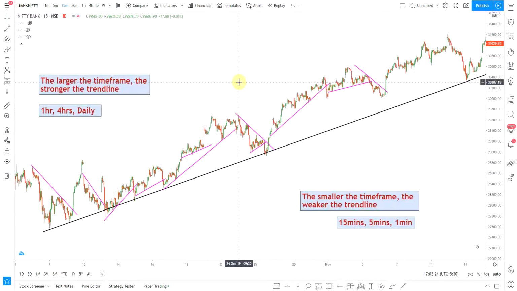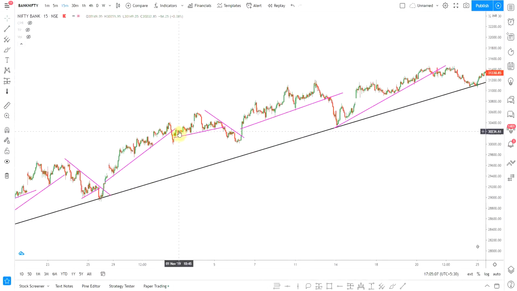Just so you don't get confused with what I said, I have written it down so that you can note it down, or pause the video and read it so that you can understand it properly. The black trend line over here is a larger time frame, and as you can see, there are many touches and it still is respecting the trend line. Whereas the pink trend lines are the trend lines of the 15 minutes chart, and as you can see, each trend line is respected with only 3 to 4 touches, and then it gives a breakout. I hope you understood how to draw trend lines and are not confused as yet.